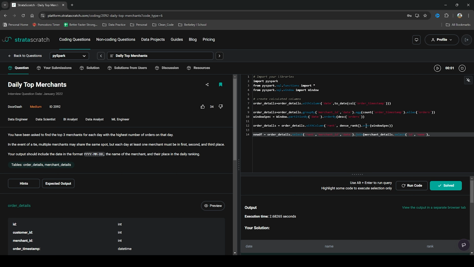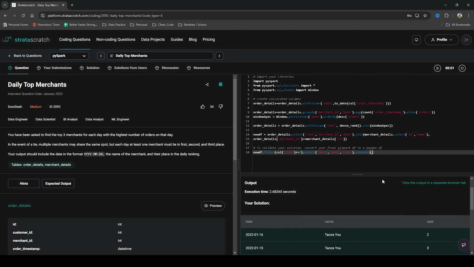Then we're going to create a new DF where we get rank, merchant ID, and date, and we're going to join that by the ID and name, such that we can generate a new DF where we get our merchant name all selected together. And then finally, we need to throw everything into a new DF, and we have our new DF here where we've done all this work. Now we're going to make sure that we put it to pandas so everything works nicely.